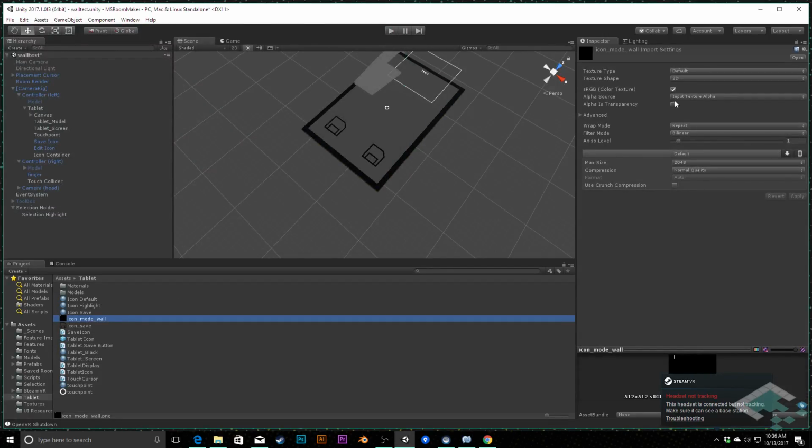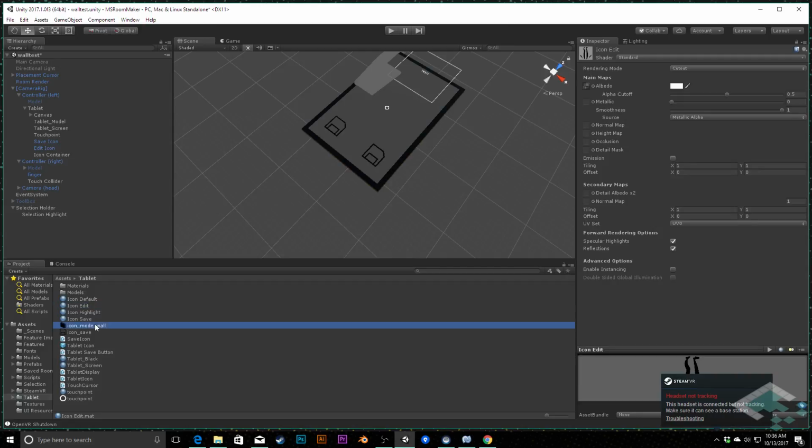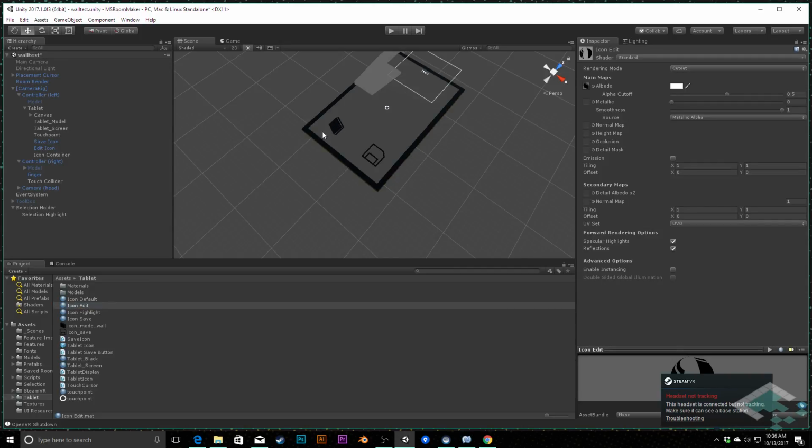I tend to do all my icons and sprites as PNGs. However, if you do that and you have the transparencies, you always have to make sure to check off alpha is transparency. Apply that. And now what I'll do is add this. I'm going to duplicate this icon save. We'll make an icon edit material. And all that's going to change about that is that we're going to add this placeholder texture to it. I'll apply that there, so that is now what we'll use to activate